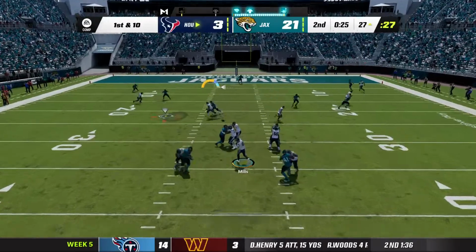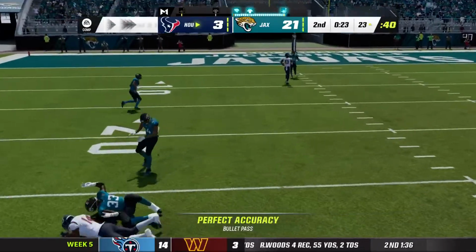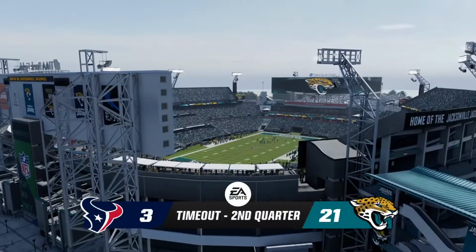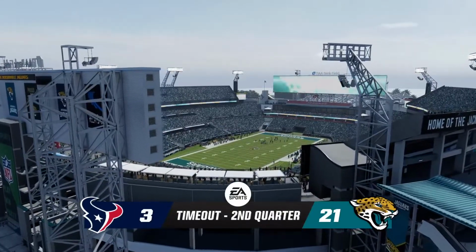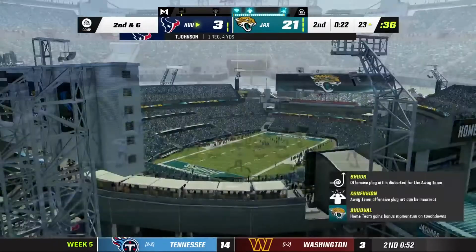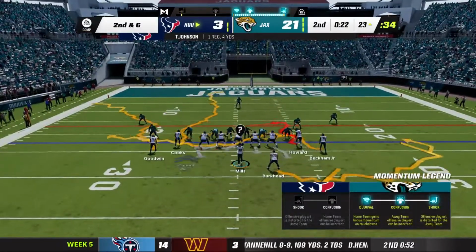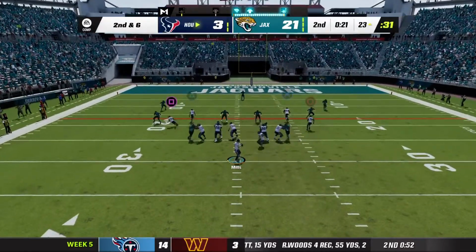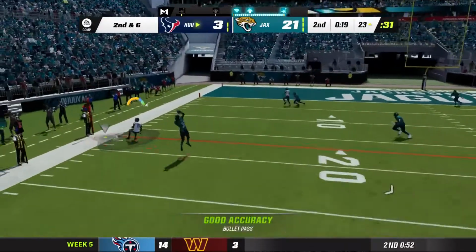Mills now looks to throw on 1st down. That's complete to Tyler Johnson. Now the Texans will burn the first of their timeouts as it comes with 22 seconds to go here in half number 1. Timing is so important on a route like this because he's going to line up out right and then cut straight across the field. I think the ball might have come out a count or two too late because by the time...